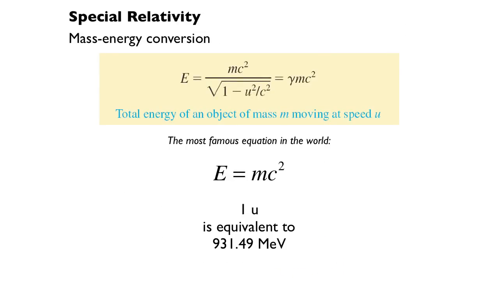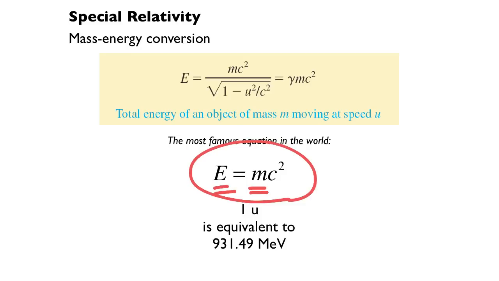Now, I want to remind you of the most famous equation in the world, E is equal to mc squared. And what it says is you can freely convert energy to mass, or you can freely convert mass to energy. And in nuclear reactions, you're going to see that occasionally the mass of the products is going to be less than the mass of the reactants. And when you lose mass, that just means you've lost energy. In principle, that's a thing in chemical reactions, but the energy is so small that the difference in mass is not noticeable.